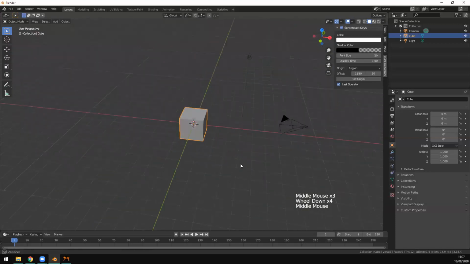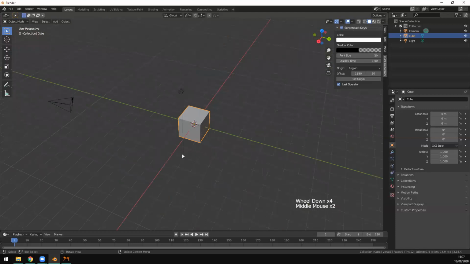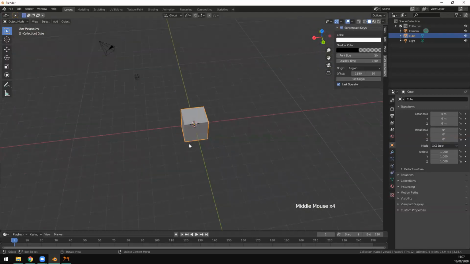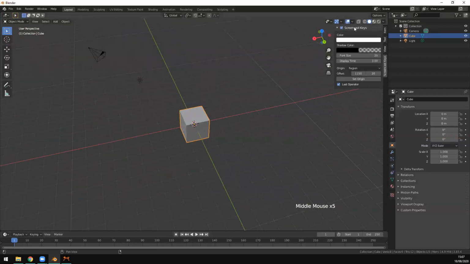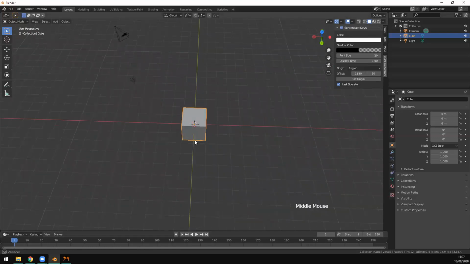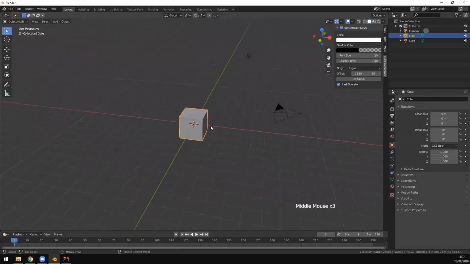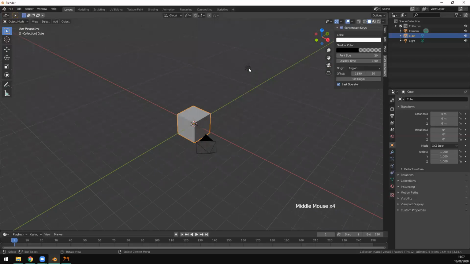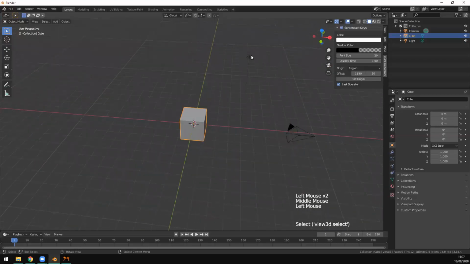So if we want to examine the default scene in Blender, this part of the window is called the 3D view. Here we can see a cube, which is called the default cube in Blender. We have a light and we have a camera. We select objects by left clicking on them. In addition to selecting objects in the 3D view, we have the scene collection list here, and here you can also select objects